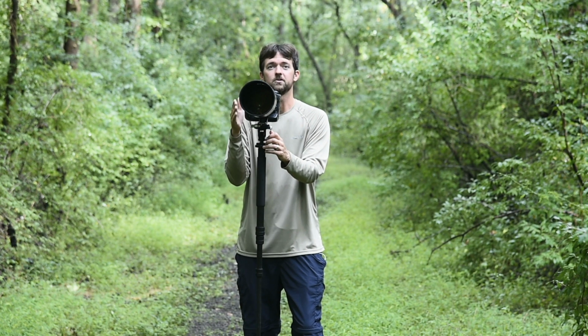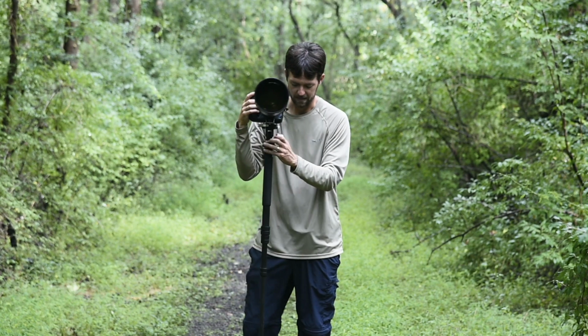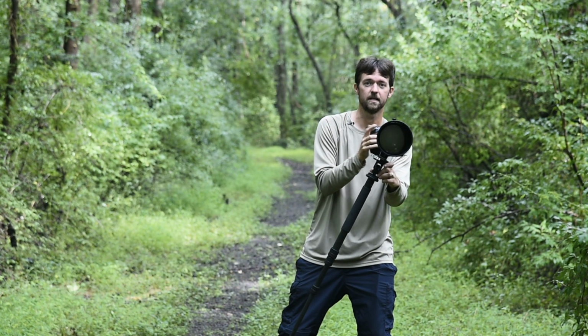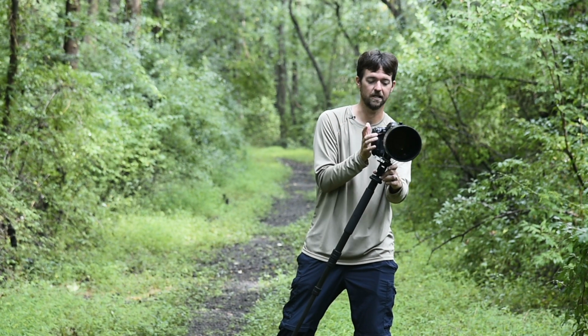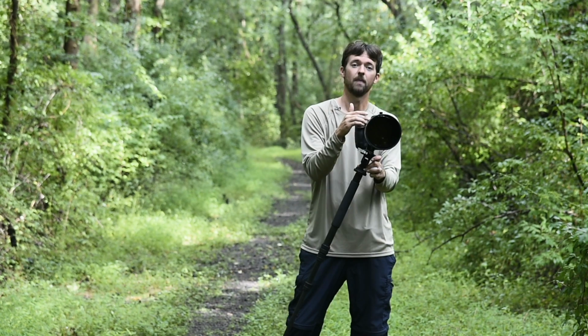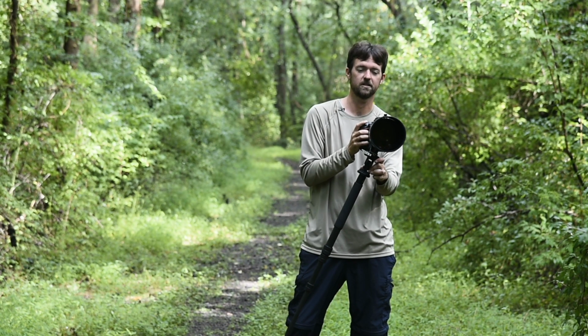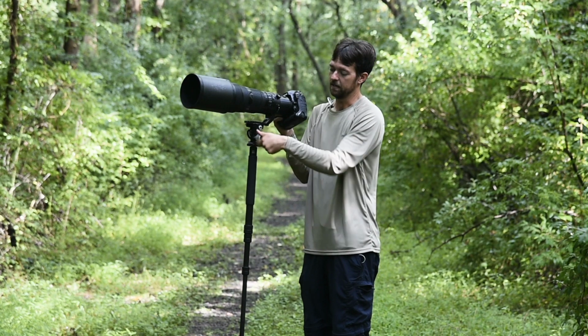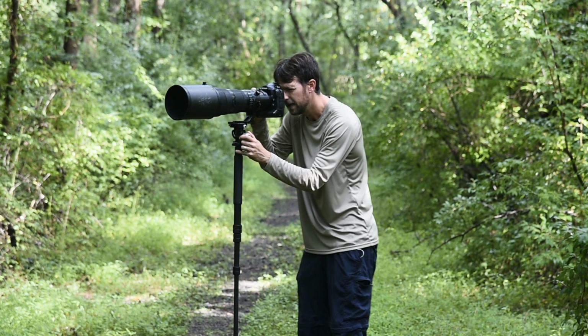I don't always just use it to rotate vertical. It also allows me to change my perspective sideways. So you can see I move to the side, keep the camera rotated perfectly level. If it was locked like this, I'd be shooting really crooked. But having the lens collar rotate allows me to just keep the camera level, and I can do that all while I'm shooting, right? So I can unlock the tilt,